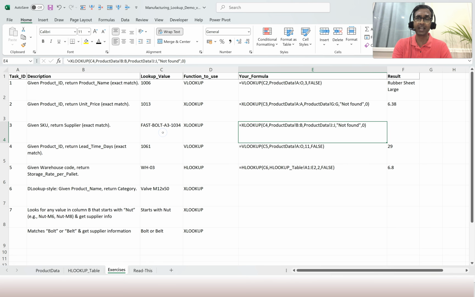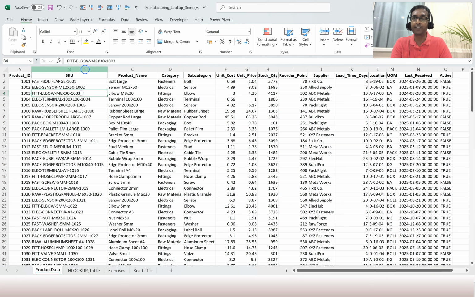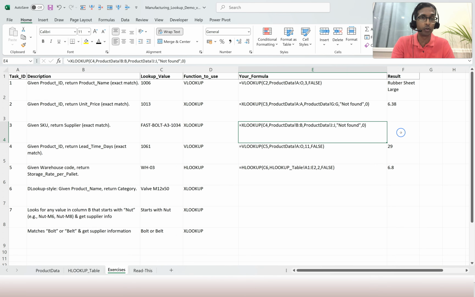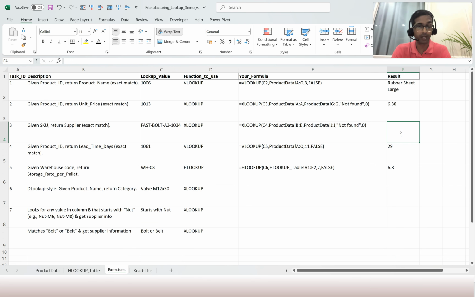In this case, you're given an SKU. So the SKU is not in the first column. If you can see here, SKU is not in the first column, it's in the second column. Doesn't matter when you're using a XLOOKUP. So let's go and do this here. So what I'm going to do here is equals